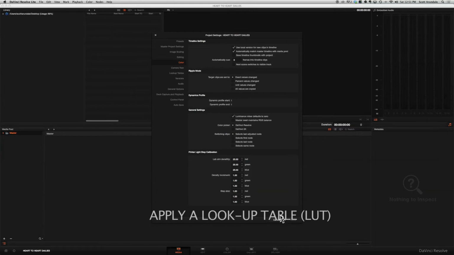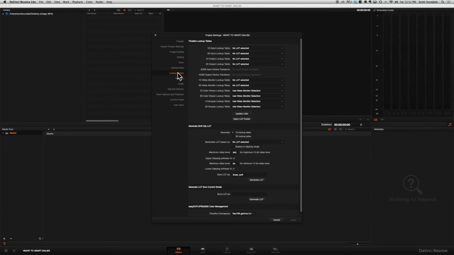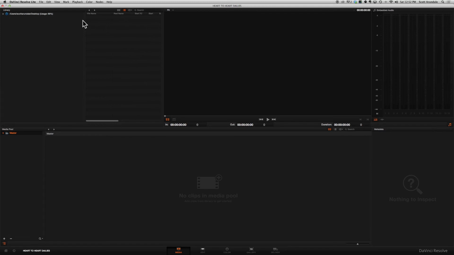Next up is the Lookup Table. Now the Lookup Table converts the raw footage, which is the equivalent of camera negative, and takes it to a space where we can work with it. In this case, HD color space, it would be to Rec 709. So Arri Alexa Log C to Rec 709 is the LUT that I'm going to select here, and make sure to apply that. Go ahead and close that box out, because what we're going to do next is add some